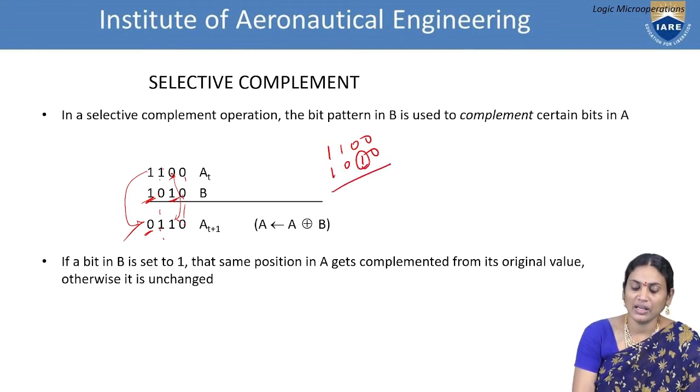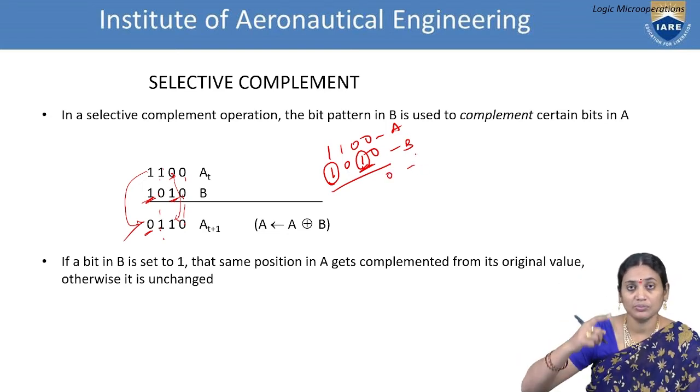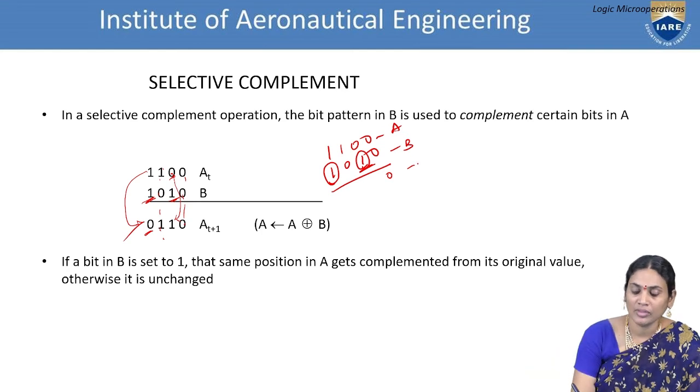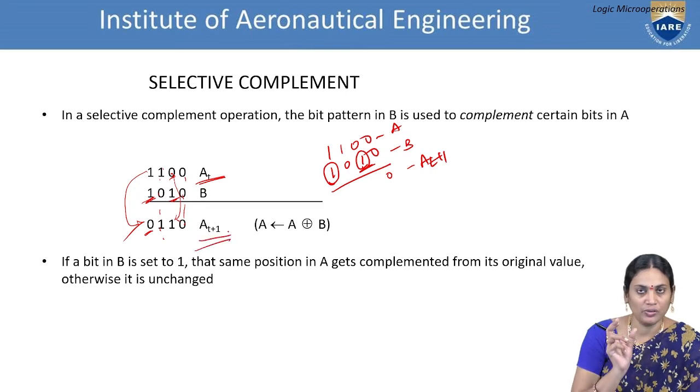Now this bit will get affected and this bit will be getting affected. Now this is B. This is A. Now what happens here? Whenever I find 1 over here, the same bit value should get complemented. The rest all should be as it is. Because of this reason, I am transferring the content of A as it is, but only bit positions are changing. We consider this as A(t+1). We are calling this as A(t) and this is A(t+1). We are focusing only on the portion of A.